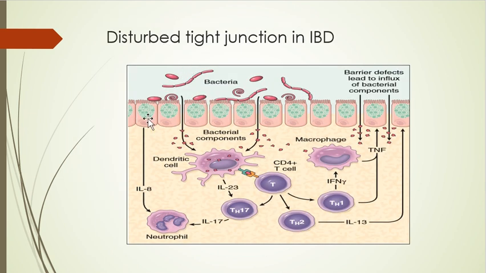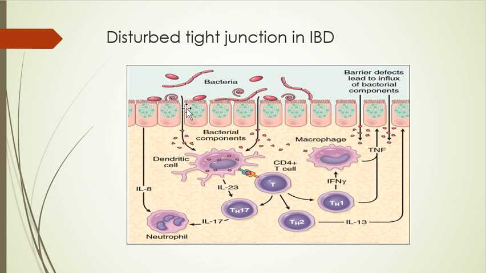You can see that here these two cells have proper tight junctions, so epithelial resistance is very good. There are a number of bacteria in, for example, this intestinal epithelium, which can't invade through this tight junction. And that's why this acts as a physical barrier and provides innate immunity to us.